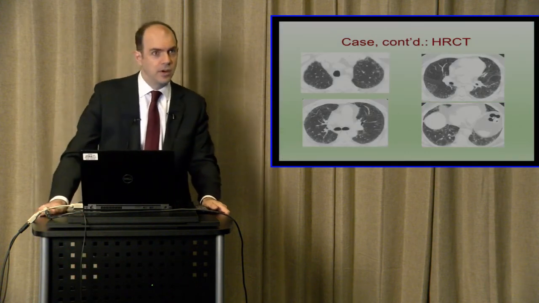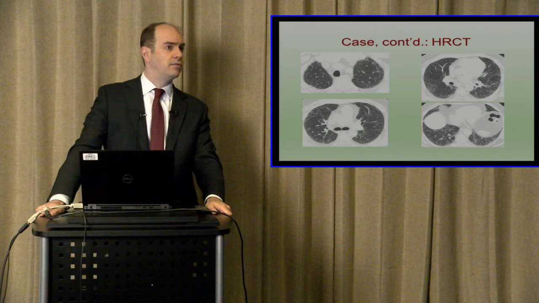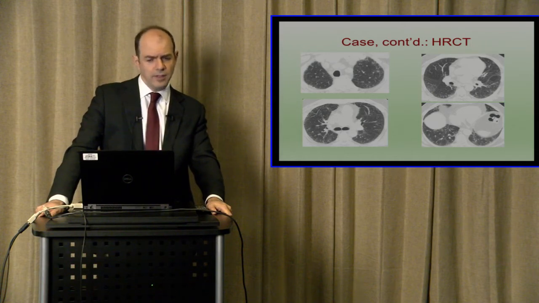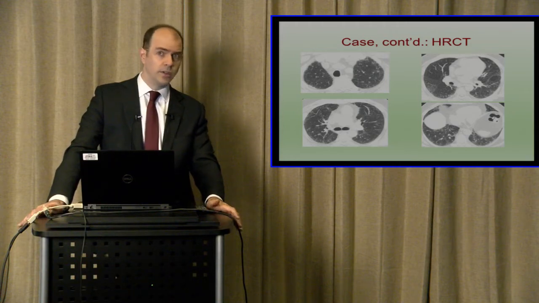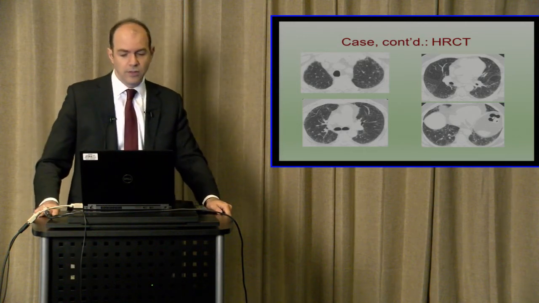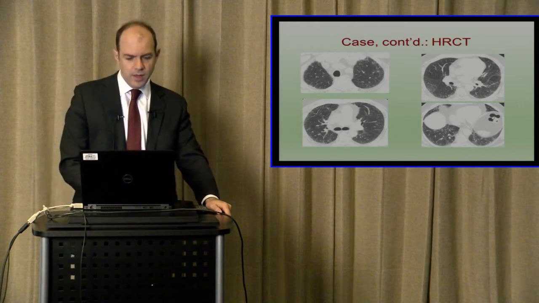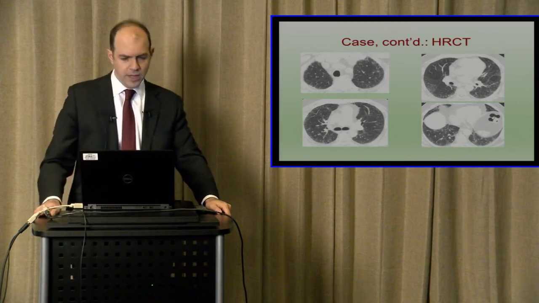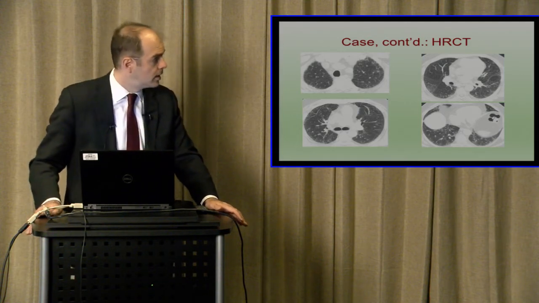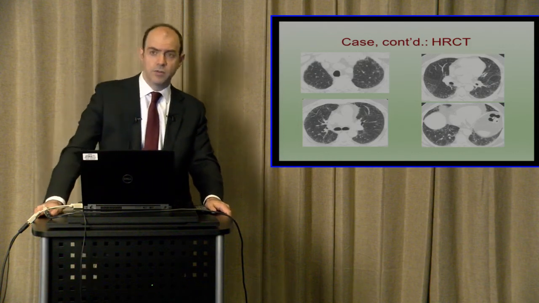So back to our case, remember our 67-year-old man, exertional dyspnea, cough, crackles, low DLCO, borderline FVC, abnormal X-ray, right? Normal echo, gets a high-resolution CT scan. And here you can see in these 4 images a lot of normal dark parenchyma, right? Normal healthy lung is black or nearly black with these nice white blood vessels coursing through them. But around the periphery of the lung, and sorry I don't have an arrow here, you can see extra white lines along the periphery of the lung, particularly in the bottom 2 images, which we call